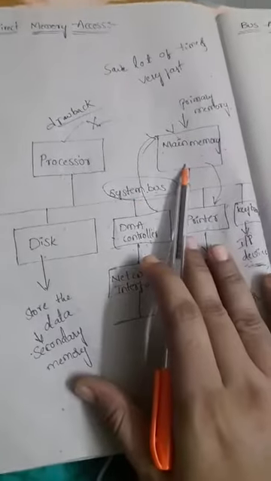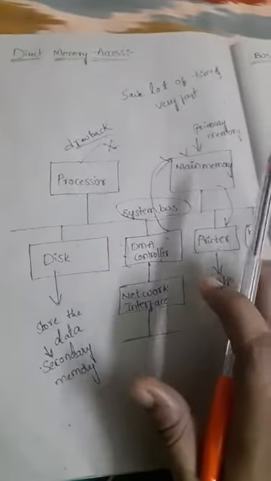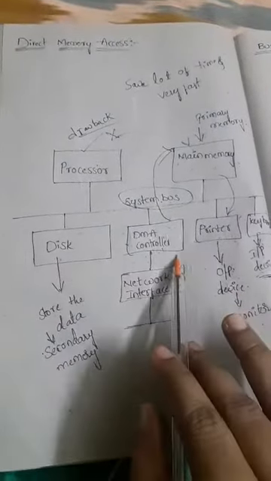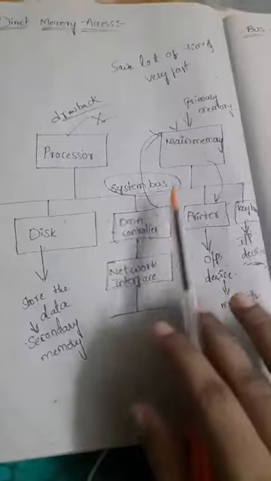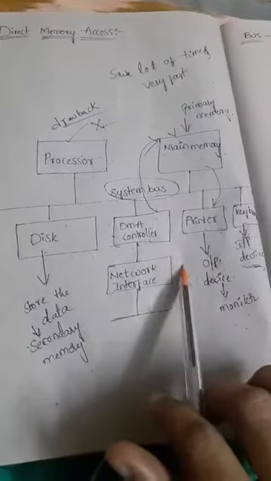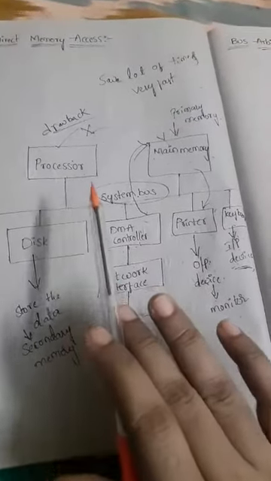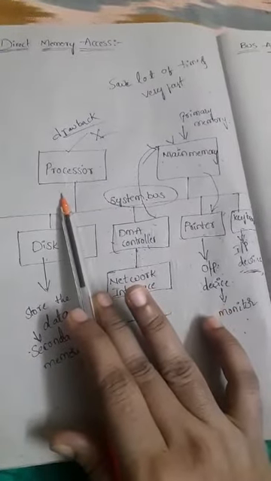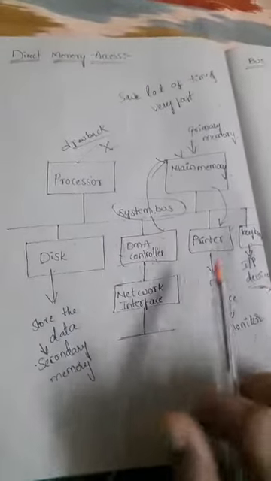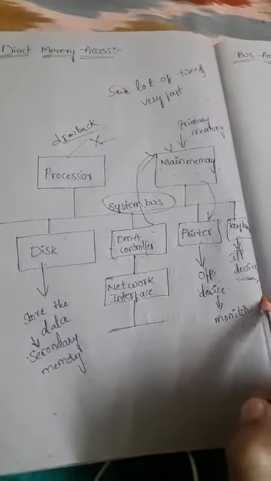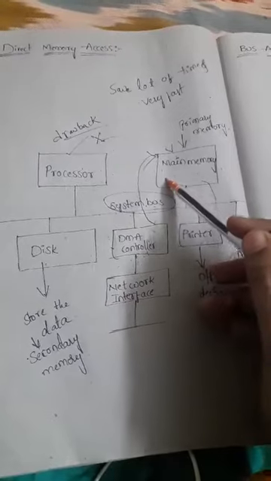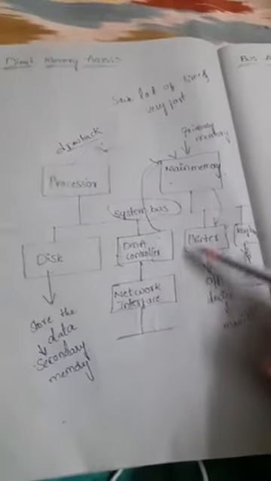So we call this method direct memory access. Without the processor, with the DMA controller, we can transfer the information. Don't think that the DMA controller is doing the same work as the processor. Here, whatever data the input device sends goes to the main memory with the help of the DMA controller, directly, and after that the main memory sends the data to the output device.